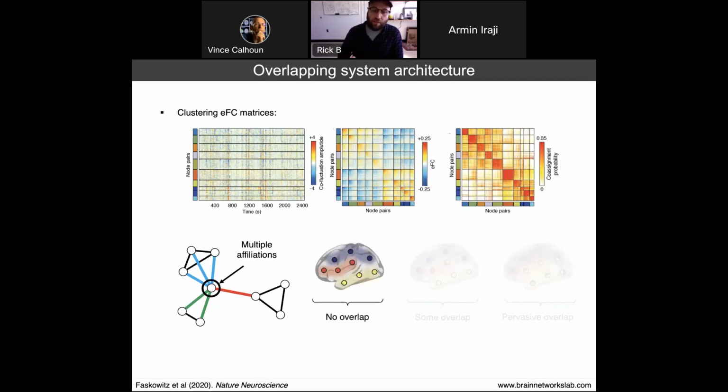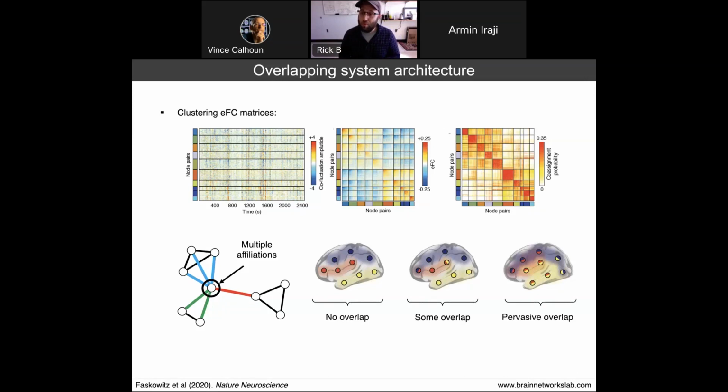So whereas in the figures I showed you on the previous slide the clusters had no overlap, you could in principle relax that. So there's a little bit of overlap, and people have. But our approach, I'm going to argue, exhibits what we call pervasive overlap, because we're clustering edges and nodes are linked to different communities on the basis of their edge cluster assignments. We end up with, from a node level perspective, a cluster profile that is fully overlapping. Every node participates in a plurality of clusters.